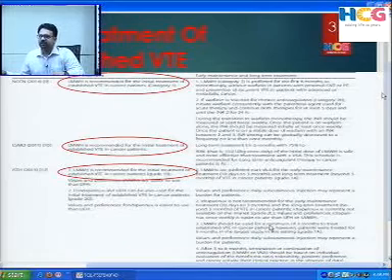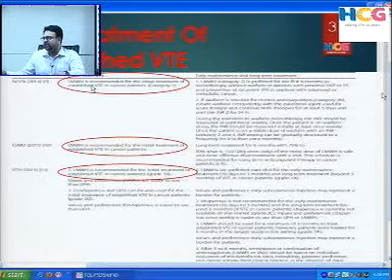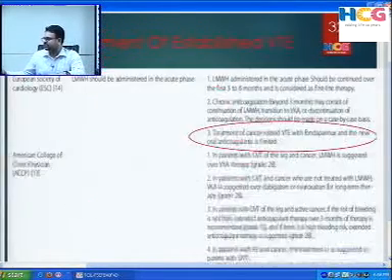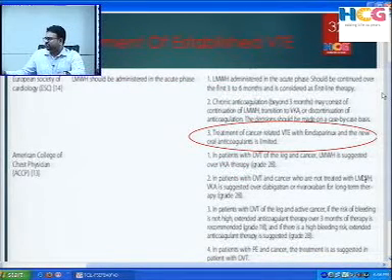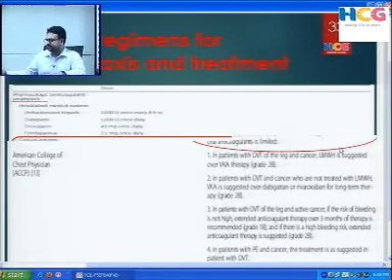So what about the treatment of established venous thromboembolism? All the guidelines have opined that low molecular weight heparin is recommended for the initial treatment of established venous thromboembolism in cancer patients, while the use of fondaparinux and other newer oral anticoagulant agents for the treatment of cancer-related venous thromboembolism is very much limited.